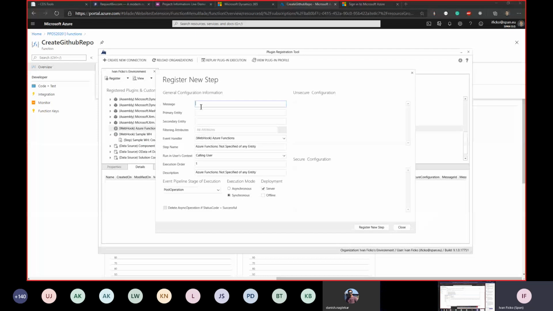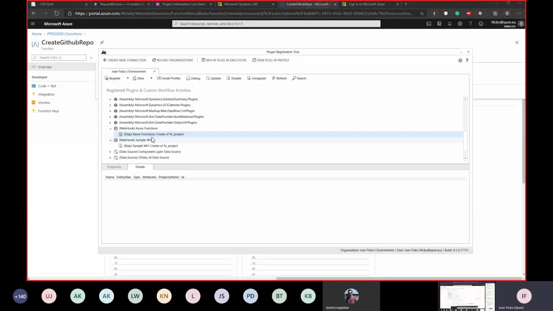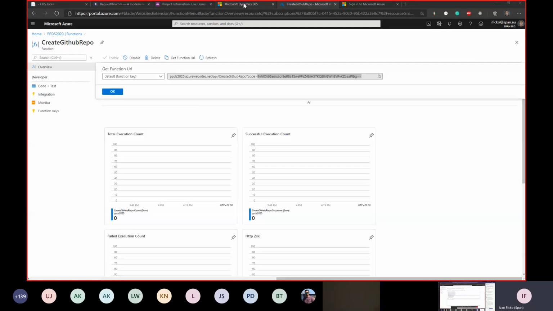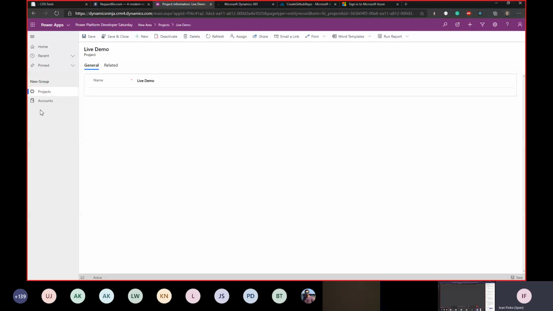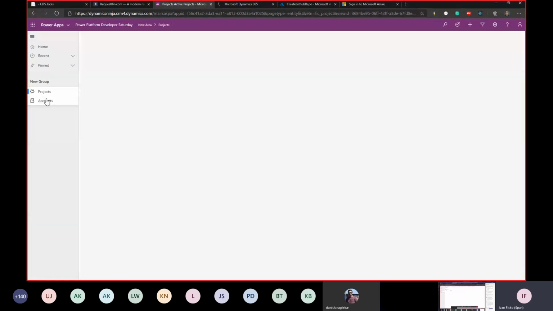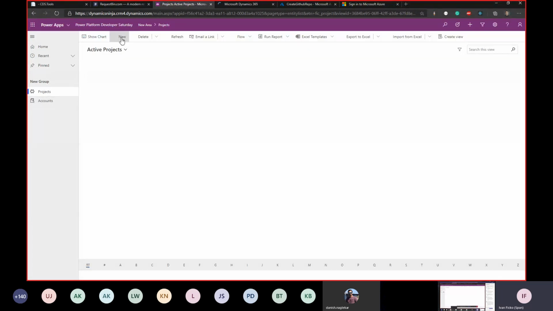Also, we will just register the same message. So create on project, and run it as synchronous. Okay, register new step. Boom, we have our Azure Functions webhook all set up. Let's go back to the application and let's try to create a new project and see if our function is working. Okay, so we go to the projects and hit new